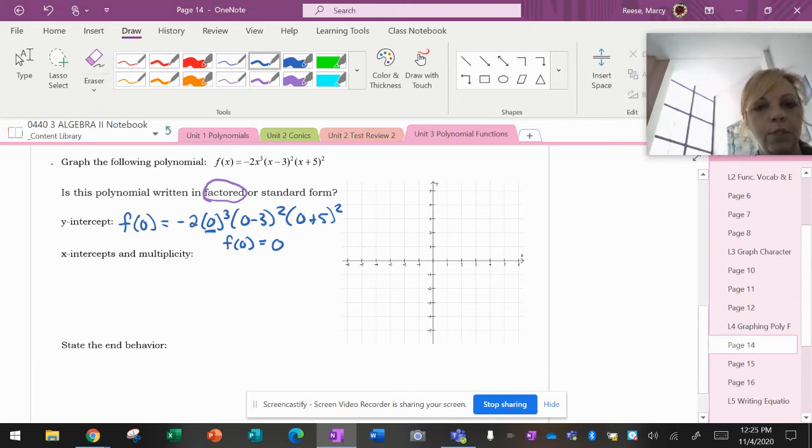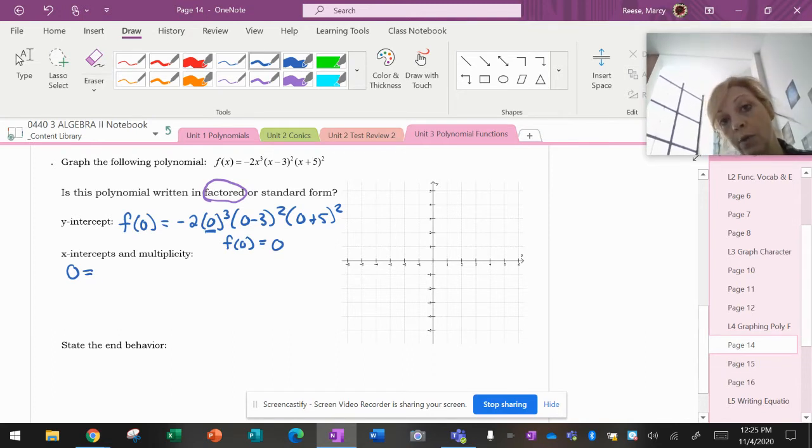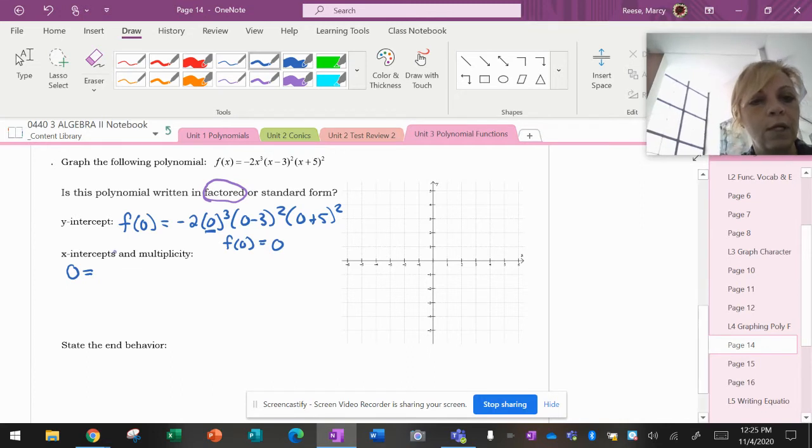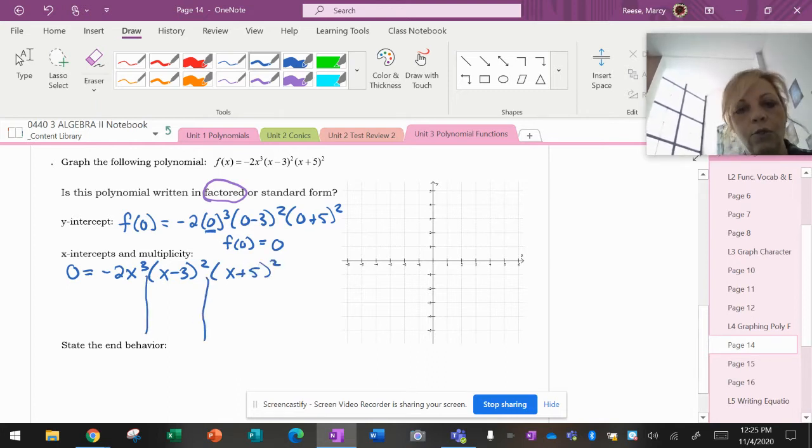X-intercept and multiplicity. Now, the x-intercept is where the whole function, the f of x, or the y equals, right? F of x is just another fancy way of saying y equals, is set to 0. And this one's nice because it's already factored. So what I'm going to do is, remember I said ignore the multiplicities of 3 and 2 and just set them all equal to 0